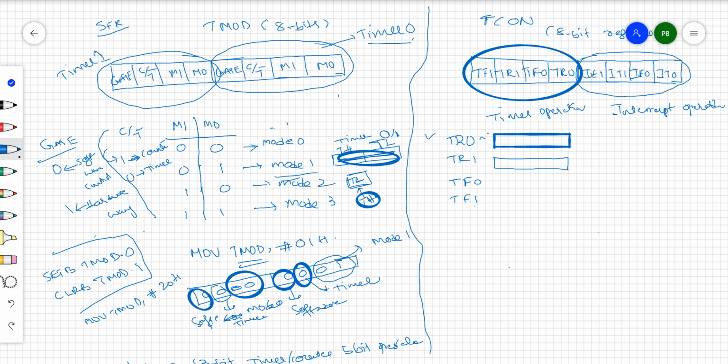Normally we place some value in the timer. For example, if you place a value in the 16-bit timer 0 register, and the same in timer 1, once this run bit is activated, that is, if you set the timer run 0 bit, then the value present in the timer register is going to be incremented with some frequency. With what frequency it is incremented, we will see later.